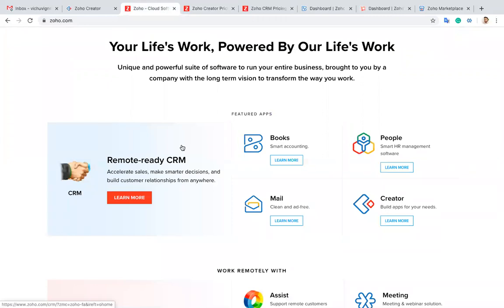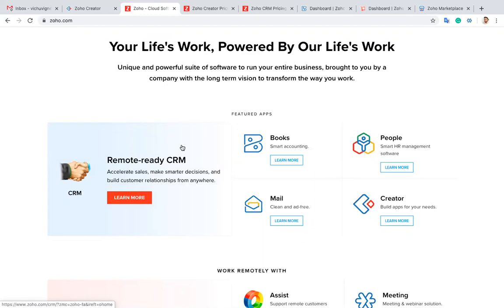If you go with Creator, the purpose of Creator is to customize your application. For example, if we have a different requirement that is not suited to Zoho Books or Zoho Inventory or any other Zoho product, at that point we can do it using Zoho Creator. For example, if you need education management or a complex ERP solution like SAP, we can achieve that using Zoho Creator.